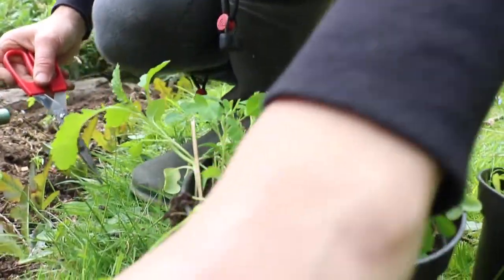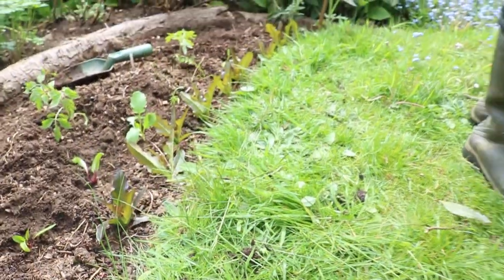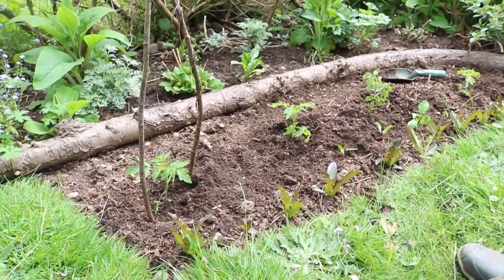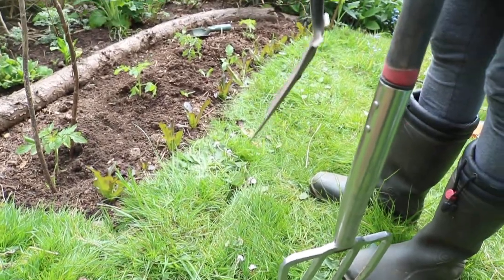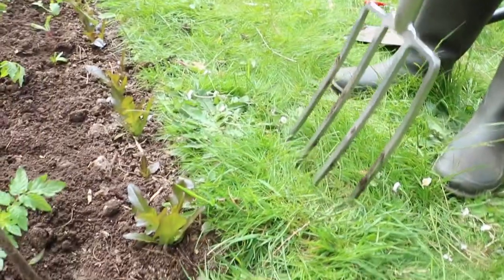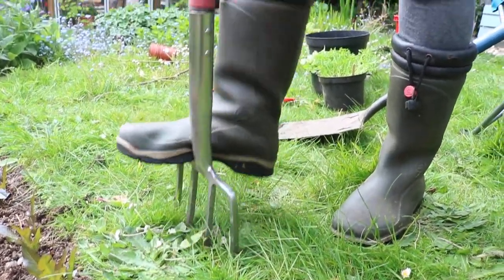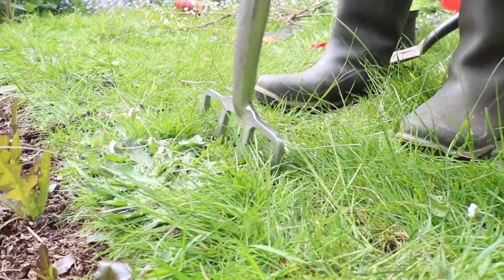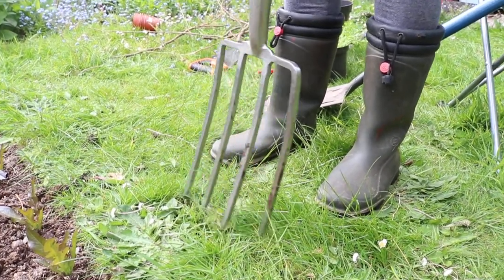Now you can see I'm running out of soil, so I'm going to dig up a piece of land. This is what I've been doing, going on and on and on. I'll just keep digging up another little piece. So as you can see, I've got a spade and I've got a fork. Now my spade doesn't go into the ground too well straight away, so what I'm going to do is put my fork in. Oh, that one's already been done. Put my fork in, put my foot on it and really wiggle it around. So you want to try and get your fork all the way down into the soil so that it's a fork's width down. Yeah? So once you've done that all the way along,